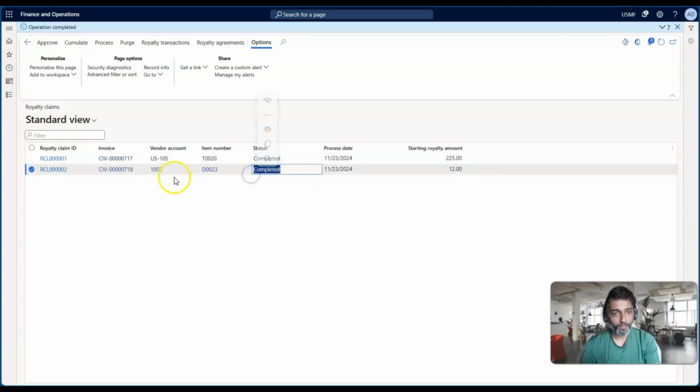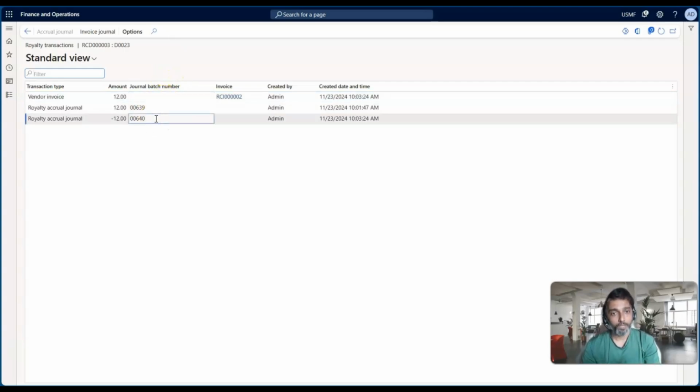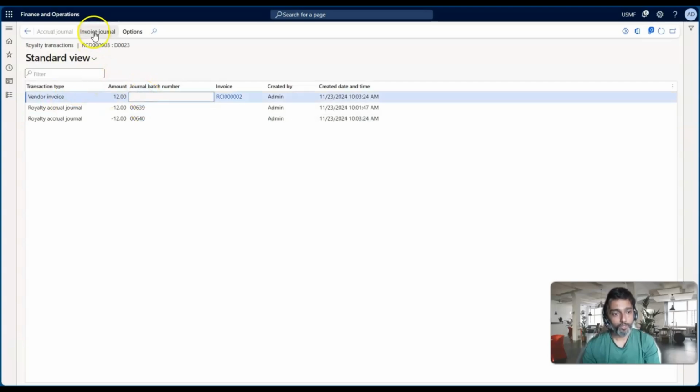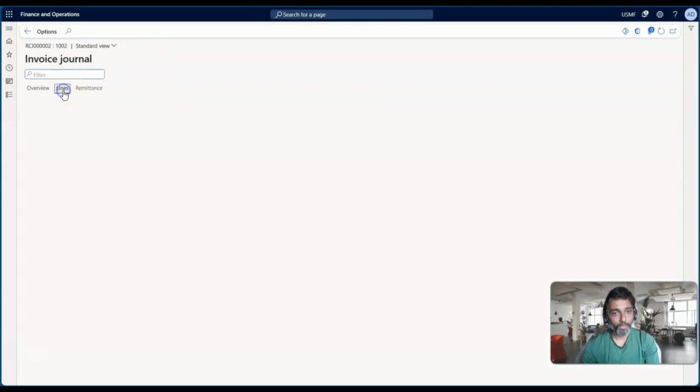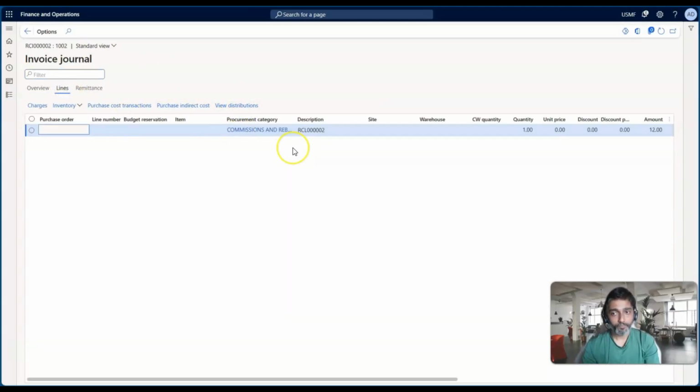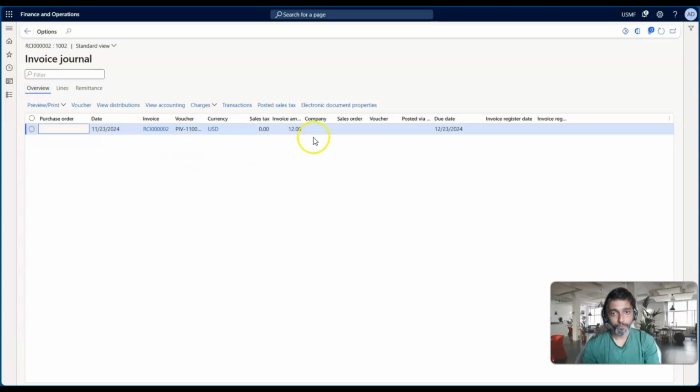The status is completed. So now if I go to royalty transactions, we can see 3 lines where there is a debit which happens from your expense account and a credit which happens in your vendor account. Once you click on the vendor invoice, you can see the invoice journal. So I'll click on the invoice journal and click on lines. From here, you can see the amount is $12, and this is the invoice amount which is reflecting over here. And if you go to voucher,